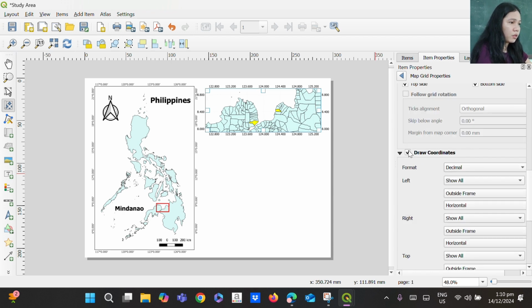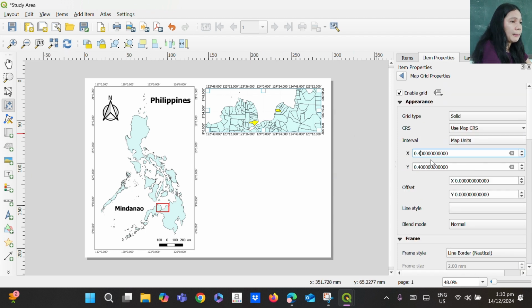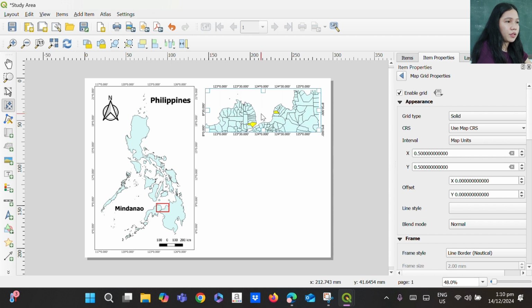I'm going to add coordinates, same as earlier, and vertical ascending. The map showing coordinates is overcrowded, so I'm going to adjust the interval. I'm going to have 5 here and 6 here, 4, 5. I'm going to adjust.